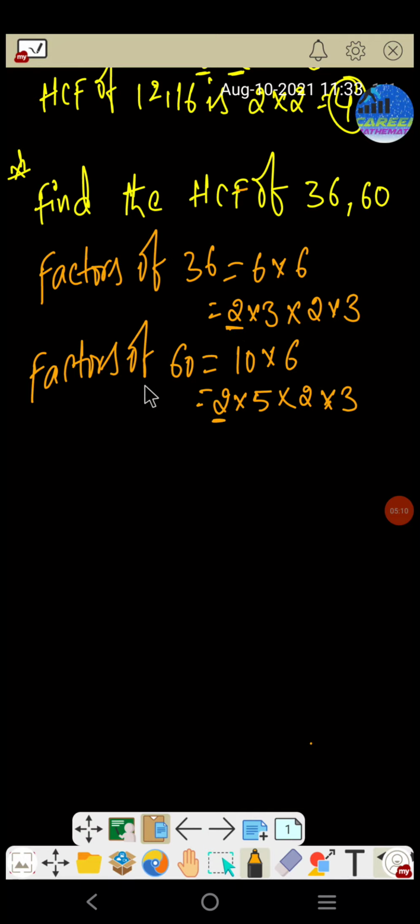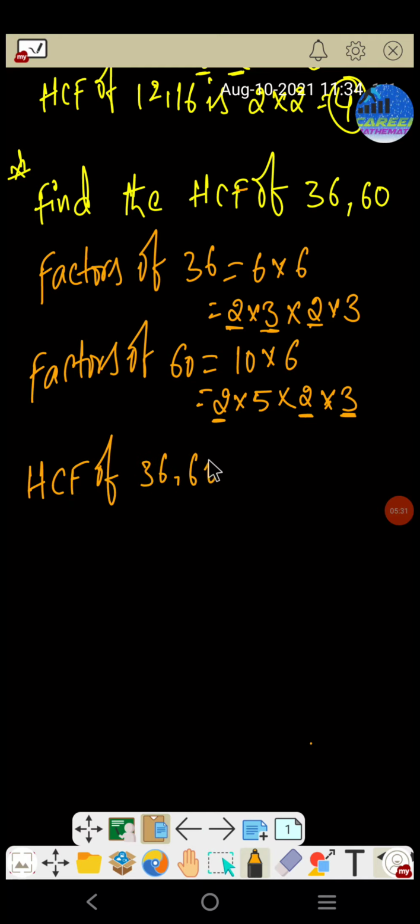2 is one common factor. Next, 3 is also one common factor. Still, 2 is also one more common factor. Yeah, still, that's it. That means the HCF of